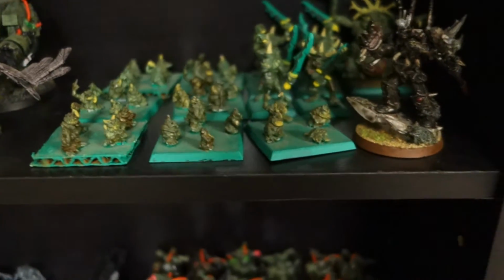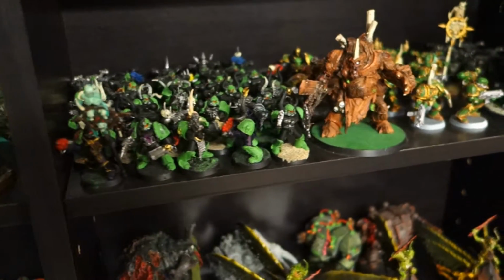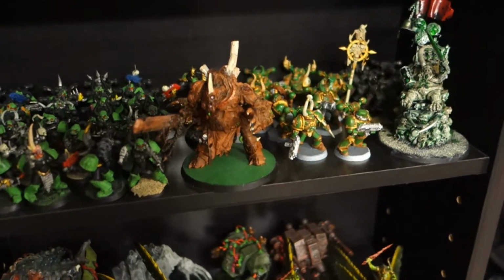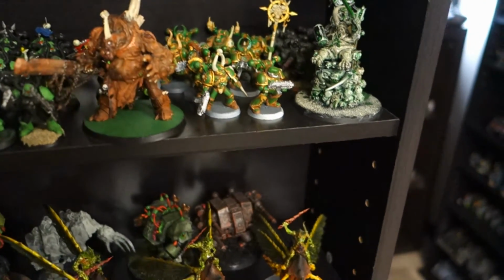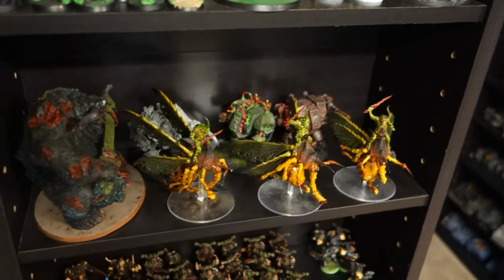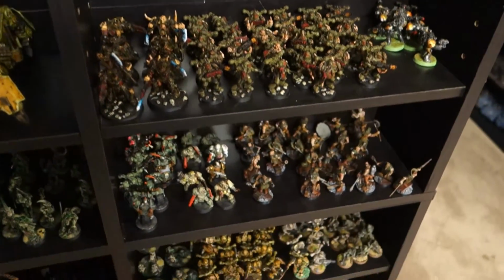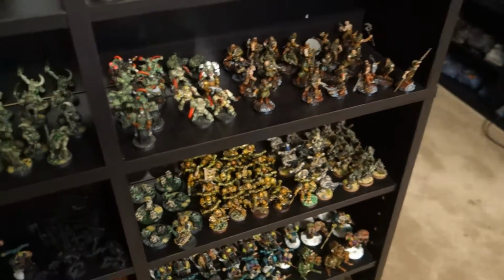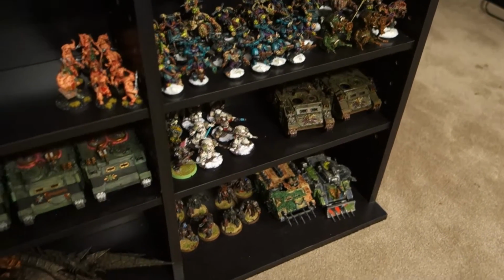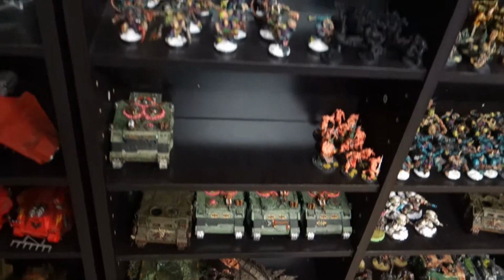Some Nurglings on square bases, and different types of Space Marines. Some are pretty ordinary, but over time I'll work on those. Most of these have found a spot in a battle so far, so nothing really new here. Just more Nurgle